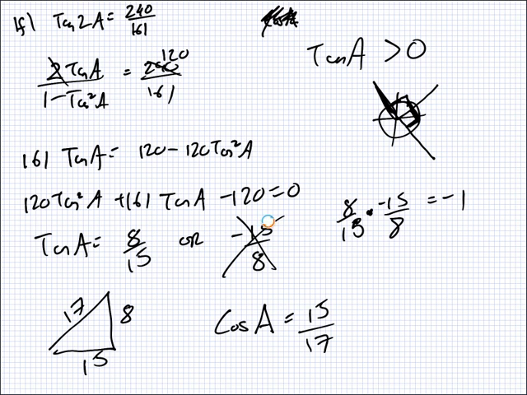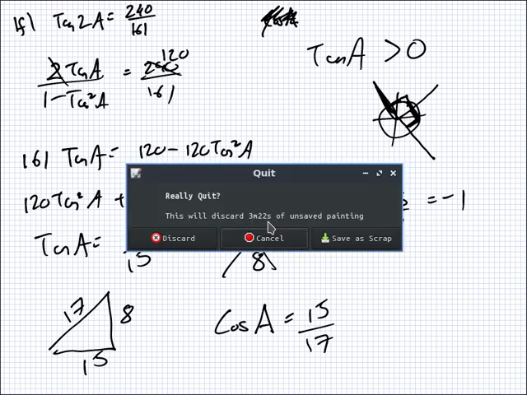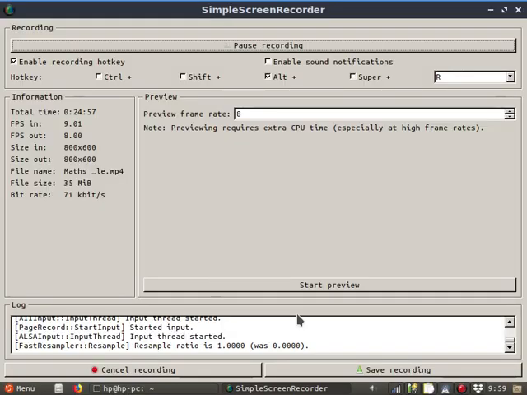Oh, I can just guess. First is 3 over 5. Maybe. And the H, I think, what is